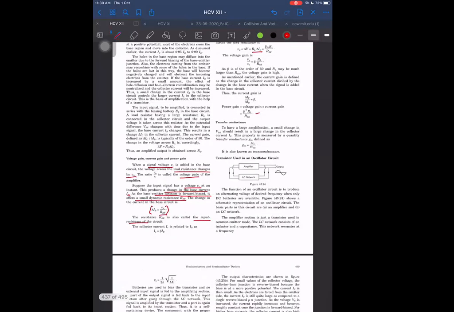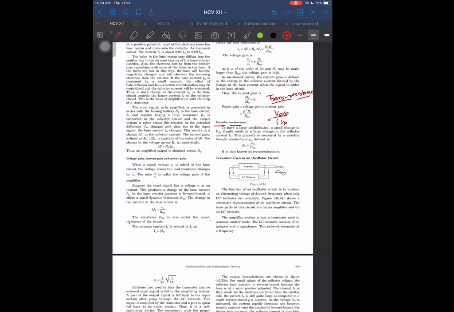Transfer conductance. Okay, here the name comes automatically. See, he's also using the word transfer conductance. Similarly, we can use the word transfer resistance. What is the meaning of transfer conductance? What is the meaning of resistance normally? Normally it is just V upon I. But when we take one thing of output side and the other thing of input side, then also it is resistance, but it is not called normal resistance. Now we call it transresistance, or transfer resistance.